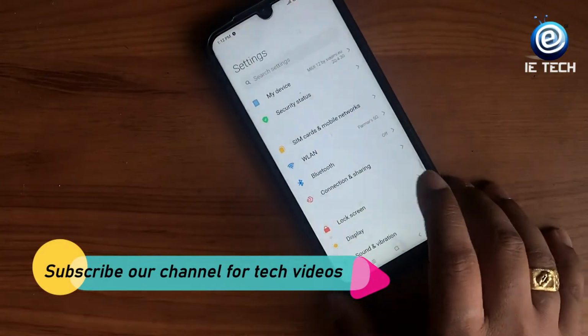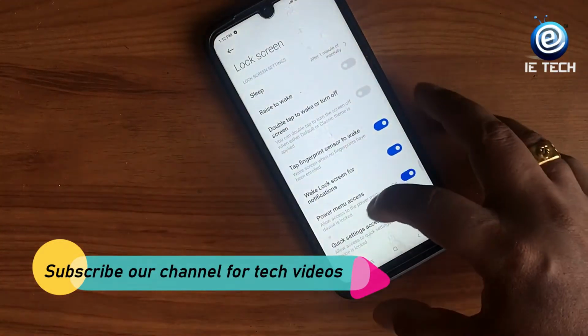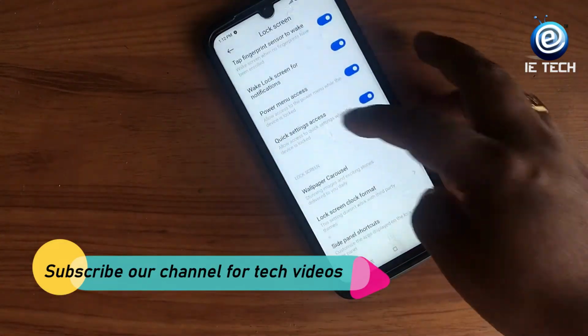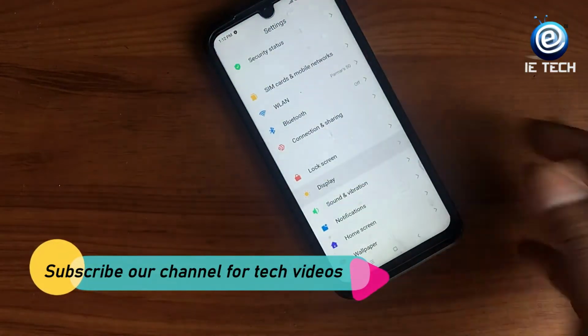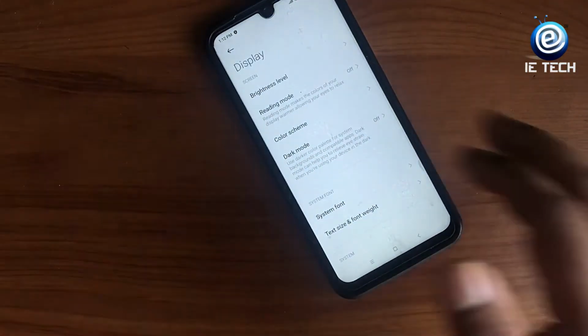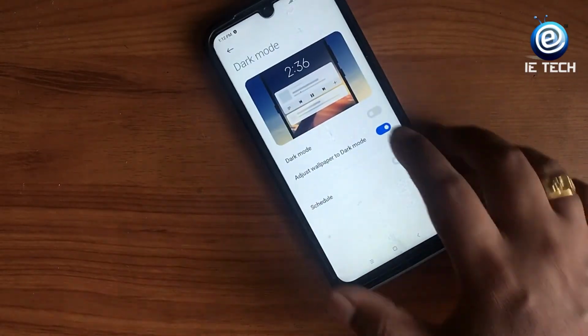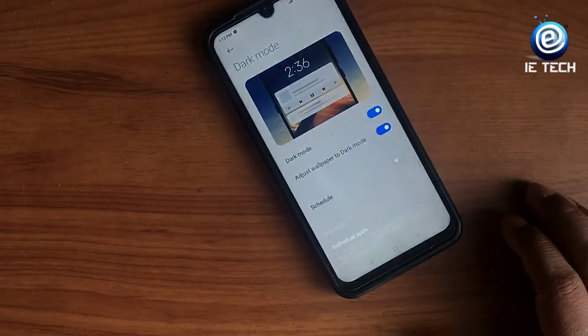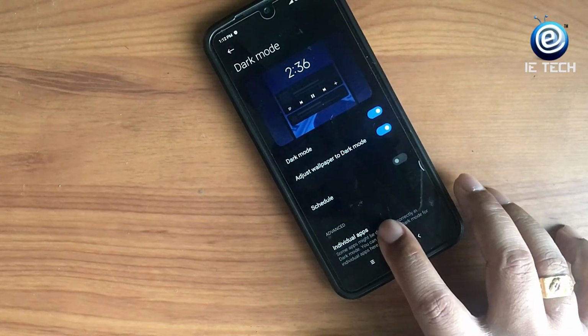So now getting back to the lock screen, you can see the double tap and all those things. Wallpaper carousel, as I told you. Getting back to the display, there is no difference, only that when you go to dark mode and enable it, you can find the individual apps options.